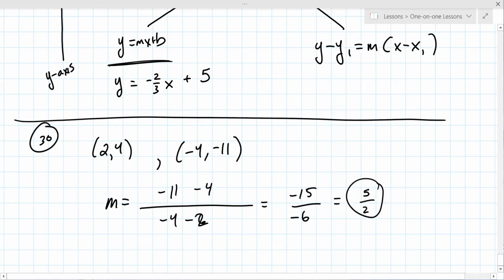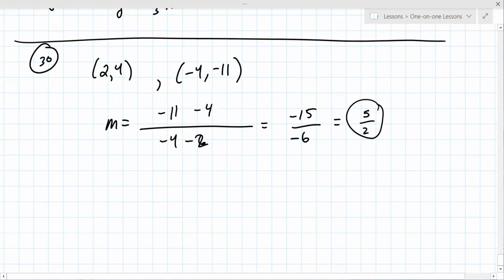Oh, okay. Are either of these the y-intercept, the b-value? Are any of these? And the b-value is 0, comma, a number. No. So my recommendation would be to pick a point, and I like this one here, and go y minus